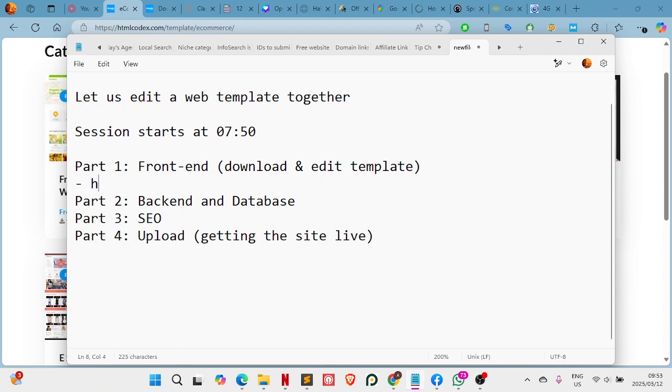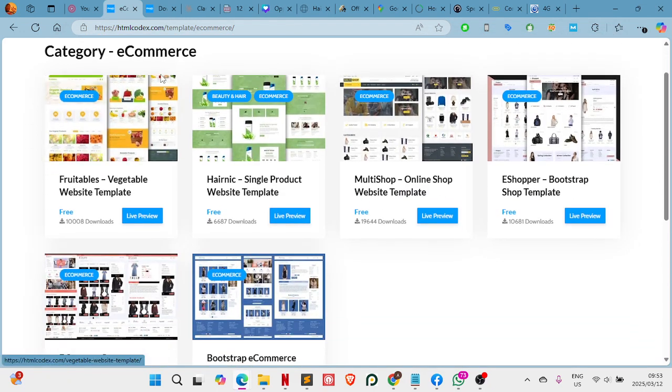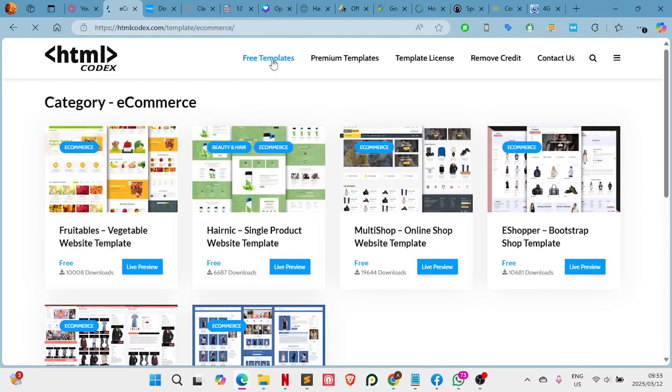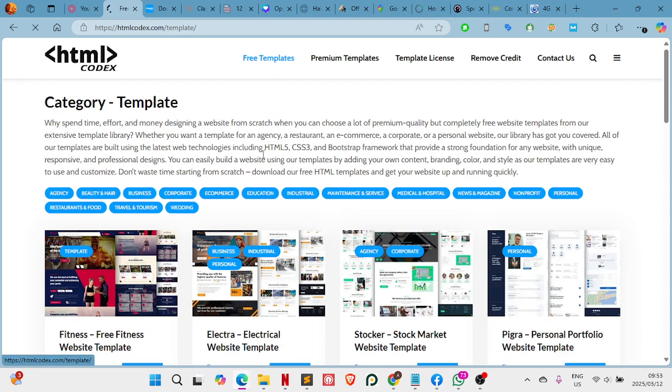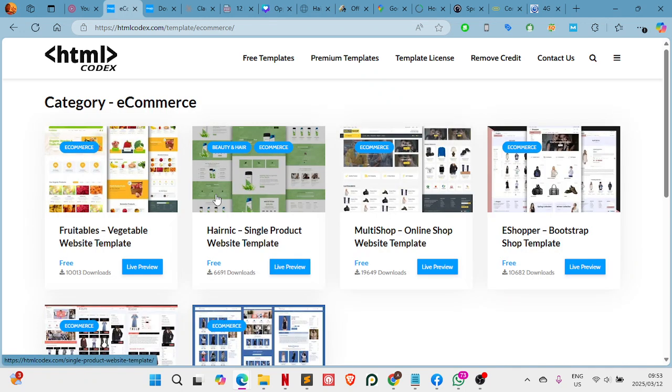htmlcodex.com. Right, so I already downloaded this template in the morning, and basically we went to this website and we went to free templates. And then what I did here is that I went to e-commerce because it's the site we want to do. And then when we go to e-commerce, we decided to pick this one. So let us see how it looks like,